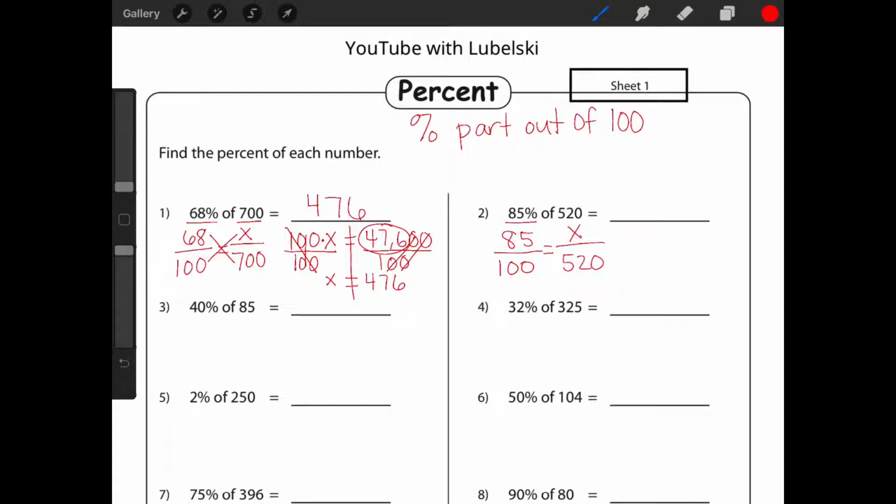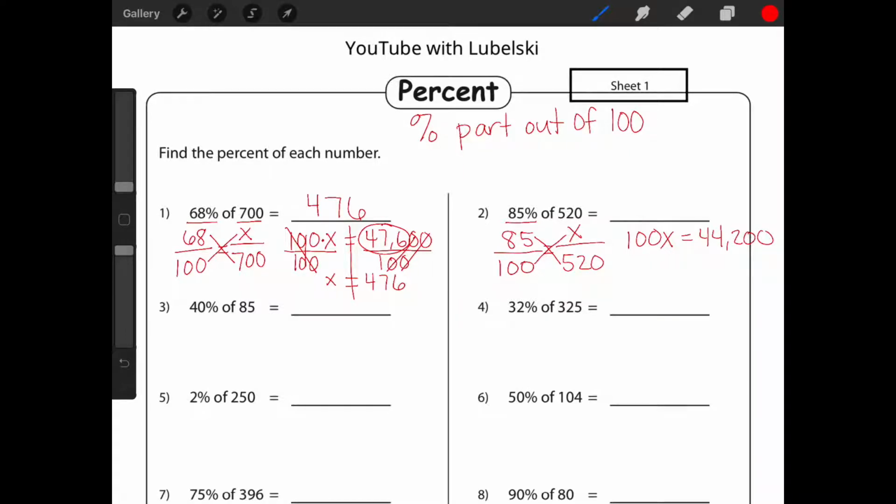So I'm going to use that method, cross products, because I think it's one of the quickest and easiest. So I'm going to do 100 times x is 100x. And equivalent proportions have equivalent cross products. So I'm going to do 85 times 520. Now, if you don't have a calculator, that math might take a few minutes to do, but you might just want to pause the video if you're trying to do it on your own. But I am using a calculator because for this example, it's not about can you multiply. It's about whether or not you can find 85% of 520. So I end up getting